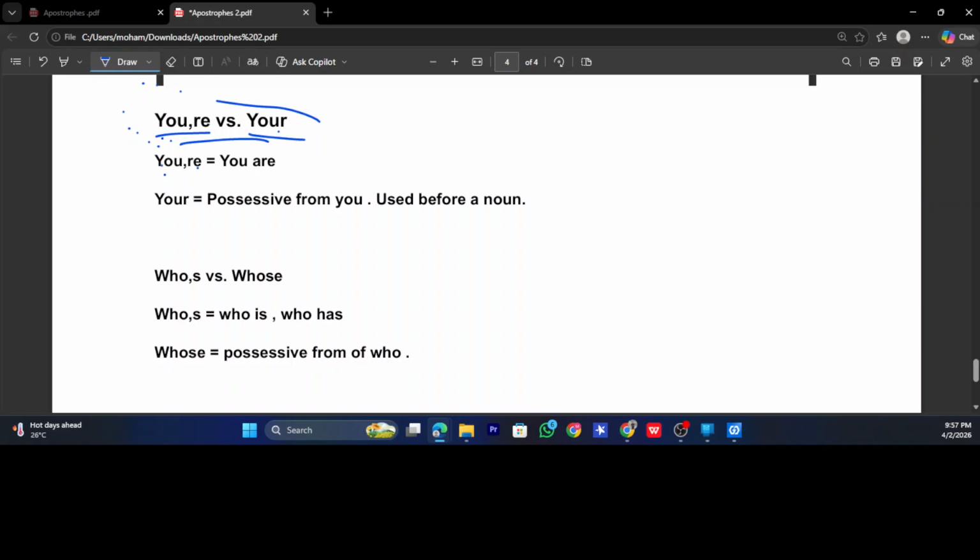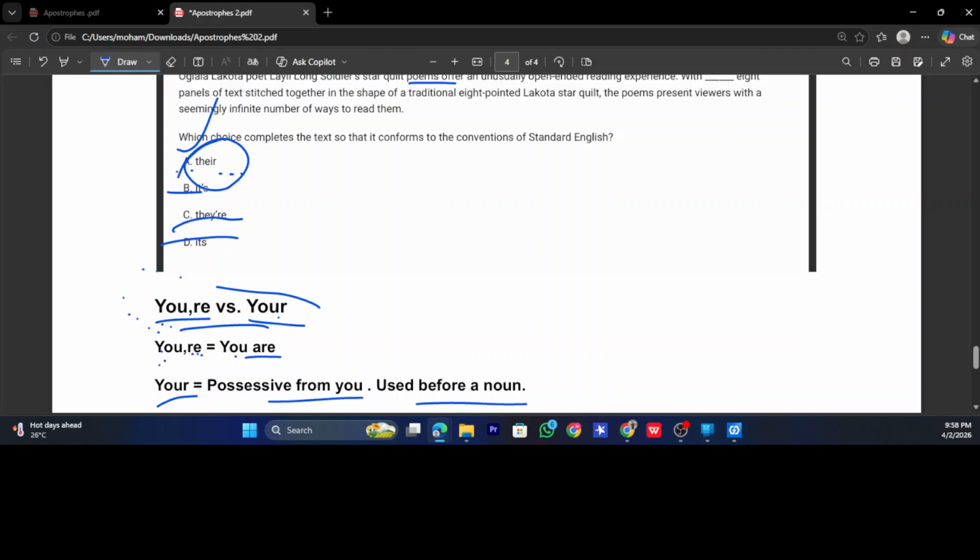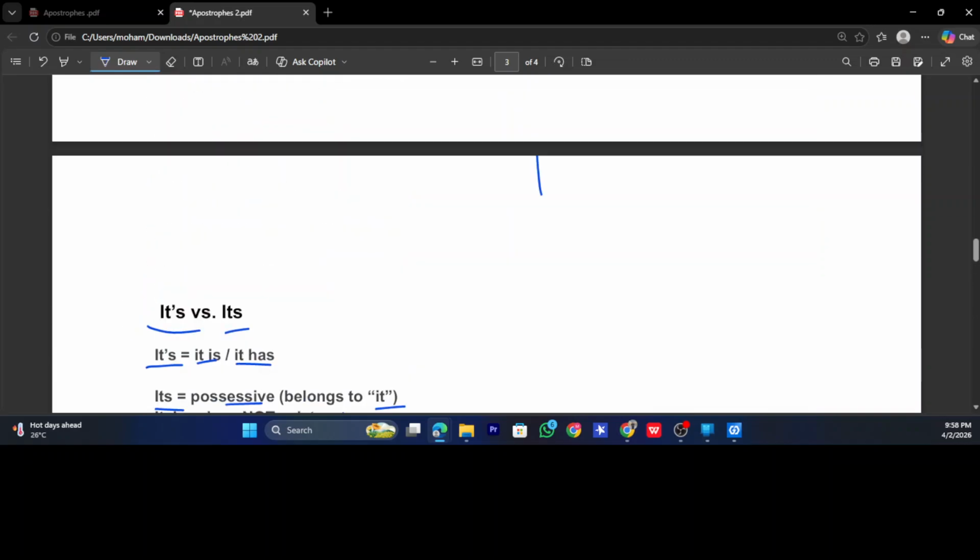But you need to know you're means you are, and your means possessive of you, used before a noun. Every possessive is used before a noun. Who's means who is or who has, and whose means possessive of whom. Okay, just enhance these basics, and right now we will solve